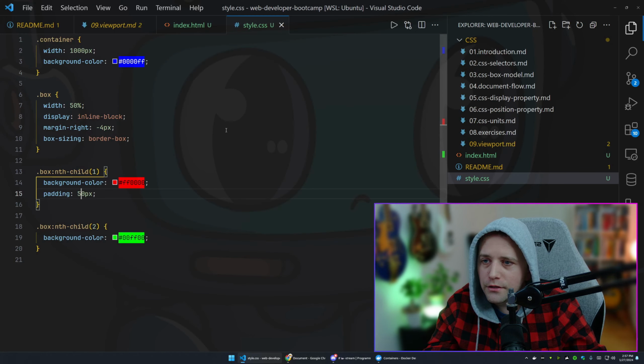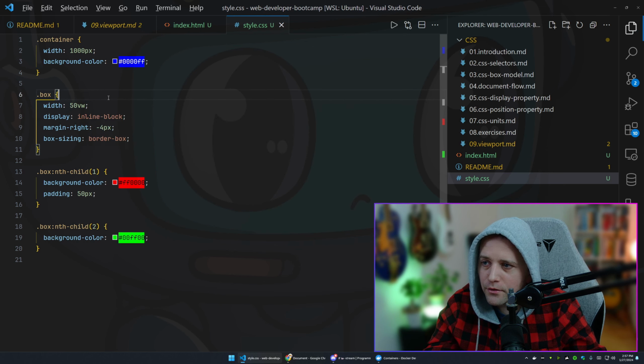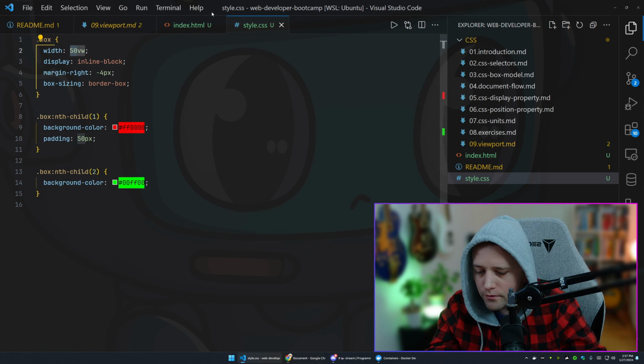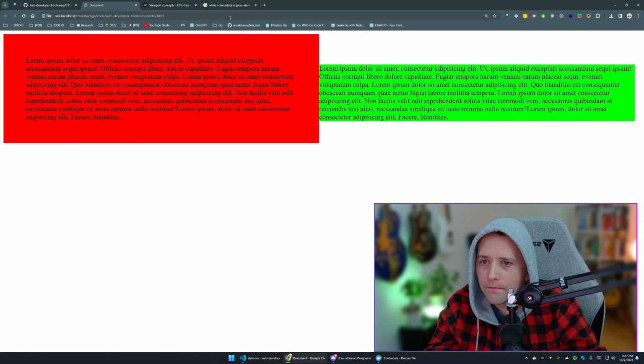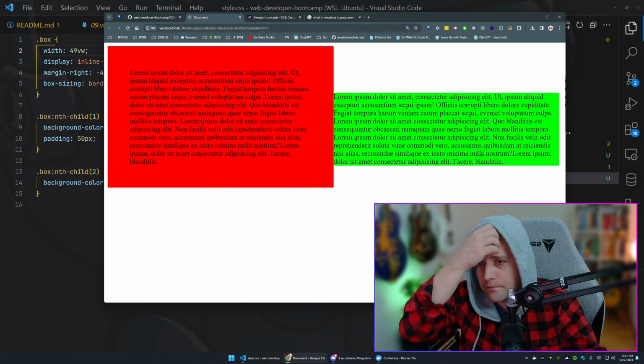So if we switch these two boxes to be of that size, here I'm not gonna say this, I'm gonna say VW, right? Now these things are supposed to take the width of the viewport, and let's maybe say 49 view height. So you can see here, they're going to try to occupy the size always of the